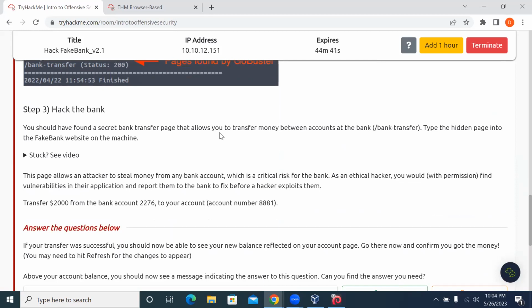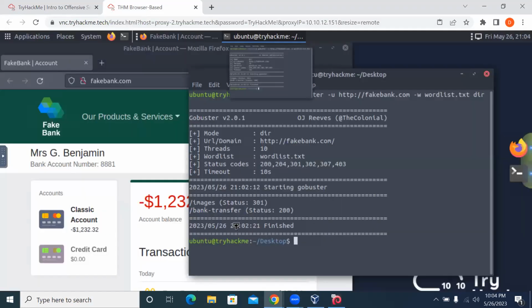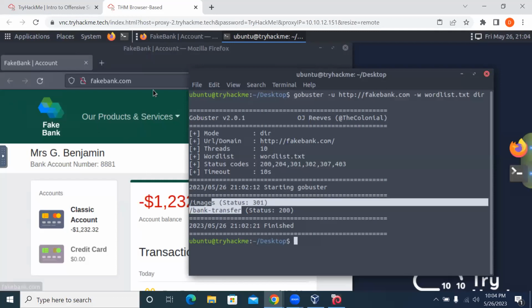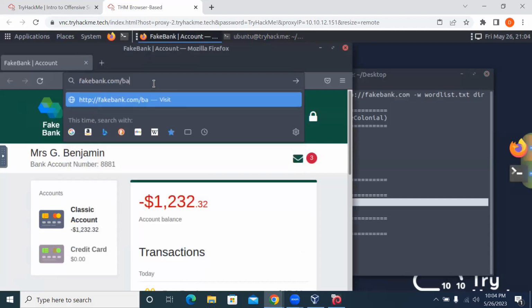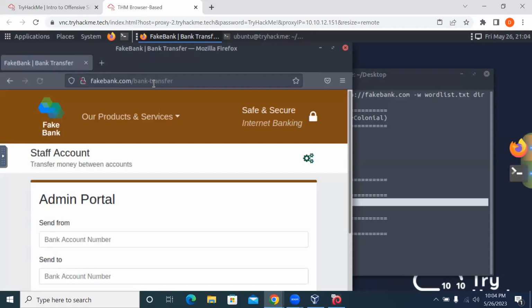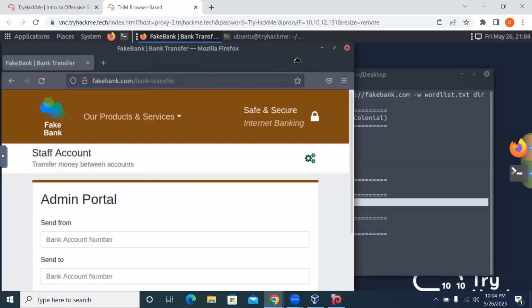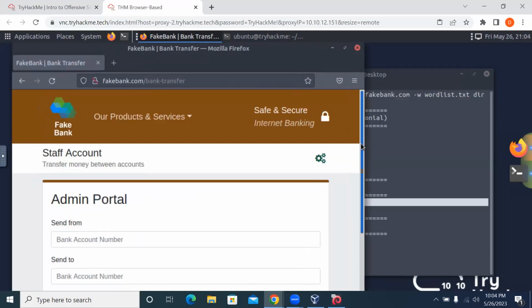That's a /bank transfer. Type the hidden page into the fake bank website on the machine, right? So if you want to do that, we have gotten a page here, right? So what we'll just do is to come here and say, okay, we'll just add a /bank transfer, right? So you see, it has taken us to a portal where we can actually